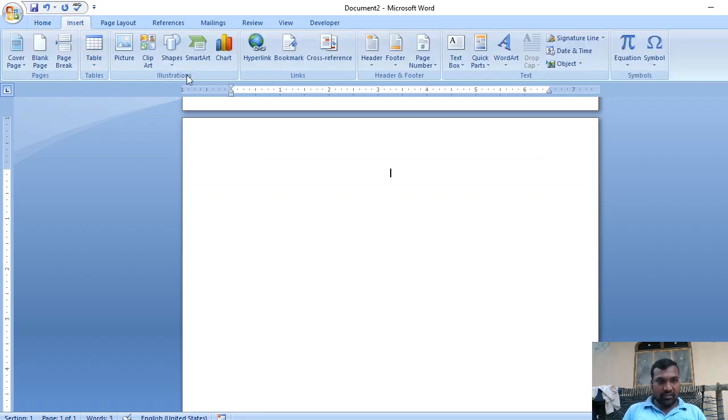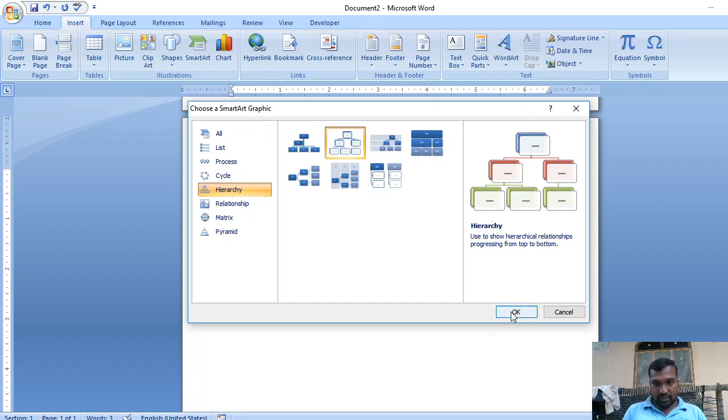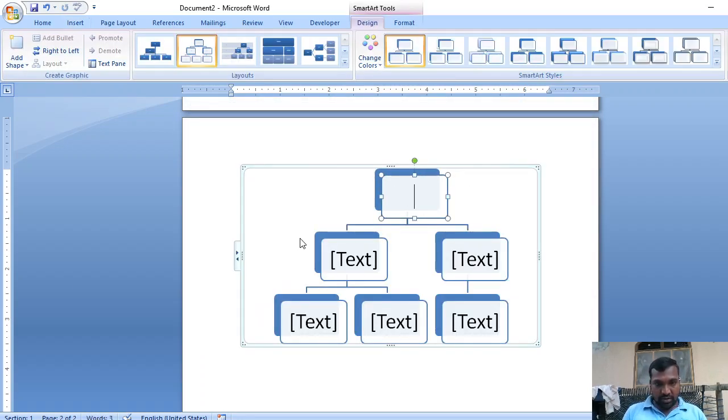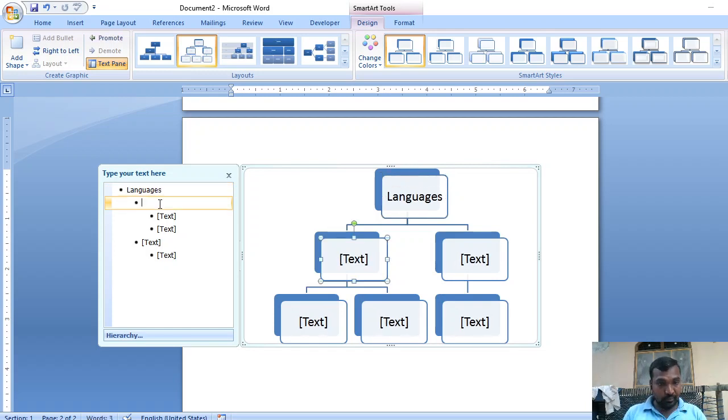Now I want to insert one more SmartArt. It is in a hierarchical mode, right? So I want to open the text pane. Click on this arrow. Then type: languages, high level, low level.